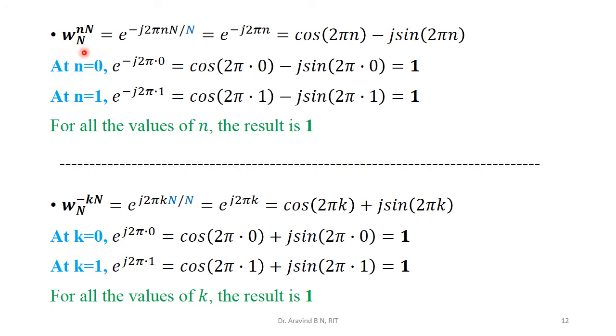Again, I am reminding you that if the n value is present over here and the same n value is present in the power of the twiddle factor, then don't think about the other parameter present in the twiddle factor. You can simply make that value equal to 1. So that is always true. Therefore, the demonstration for that is given. The power of the twiddle factor here is positive, and the power of the twiddle factor is negative. In either case, its value is equal to 1.